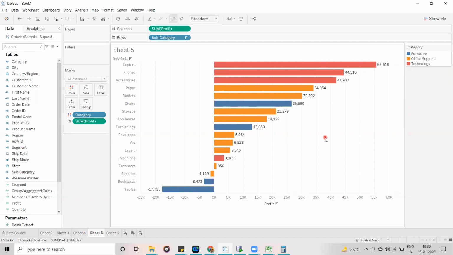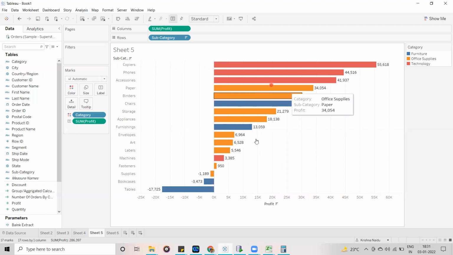So in these situations, this is the definition, guys: without changing the granularity of the visualization, if we want to include or exclude particular dimensions from the view, then we are going to use LOD functions.